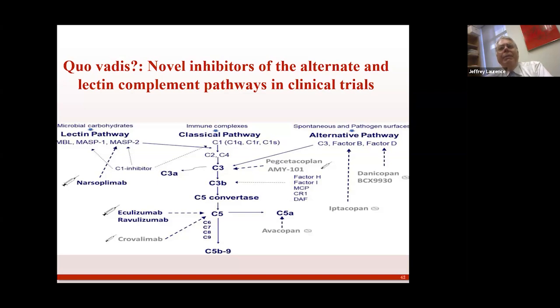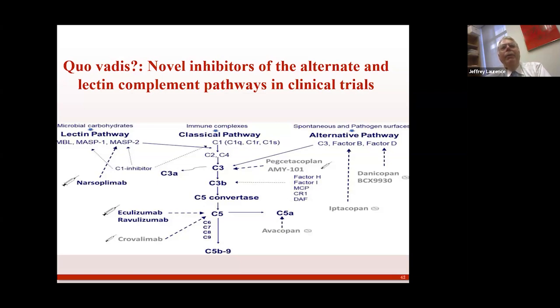But the therapies are very expensive. You don't want to be wrong for a long period of time. This just points out that there are multiple drugs now, multiple pharmaceutical companies that realize there's money to be made on inhibiting complement. So apart from blocking C5 with eculizumab and ravulizumab, there are also drugs to inhibit the lectin pathway of complement,